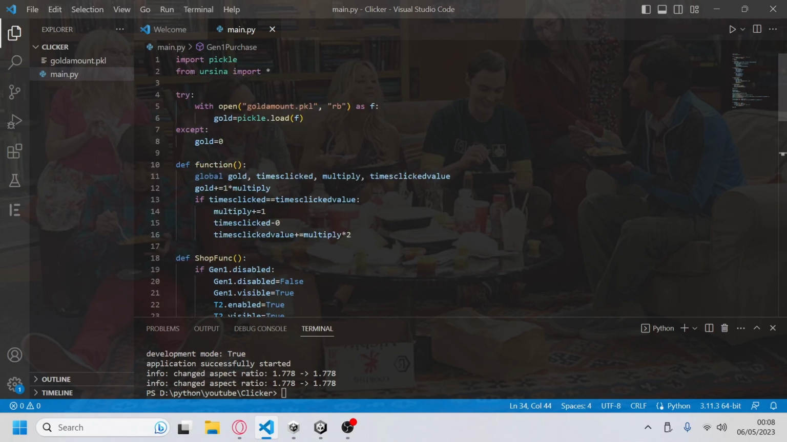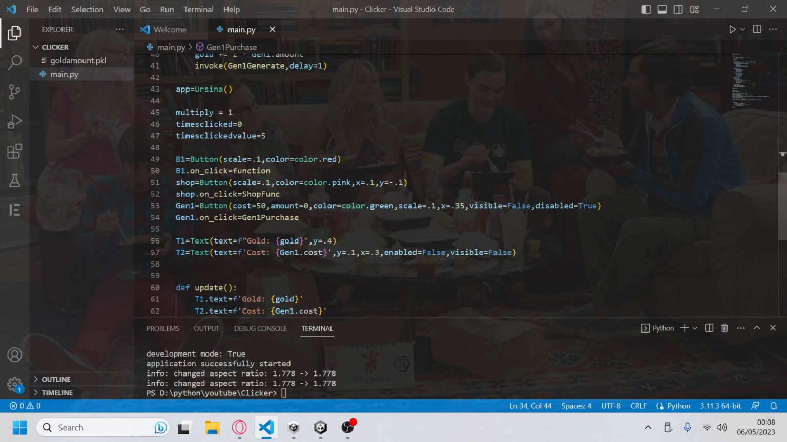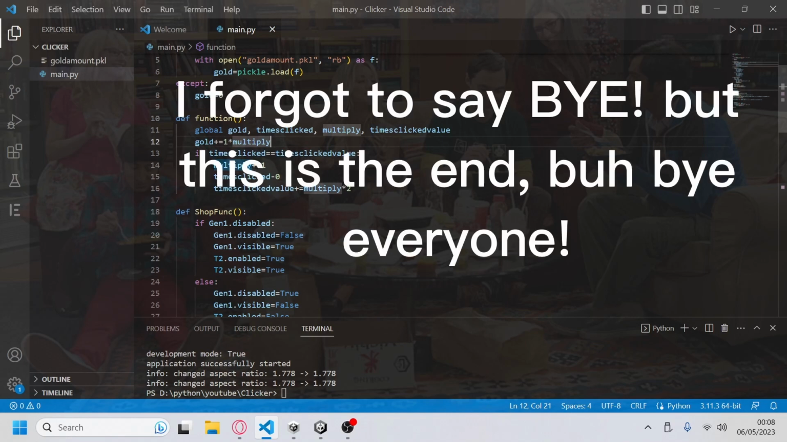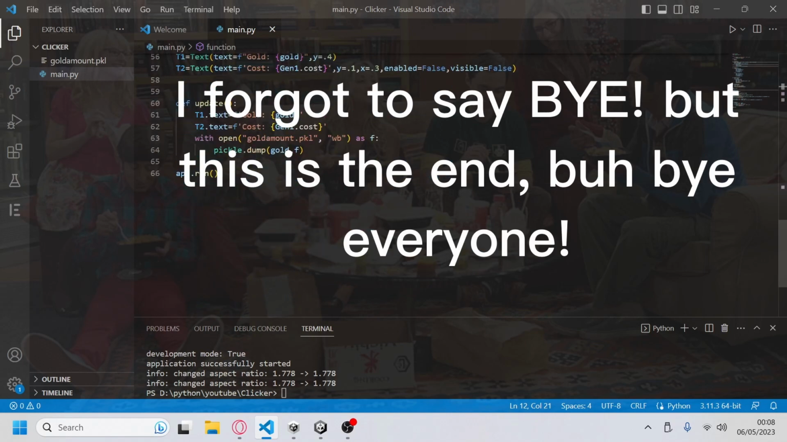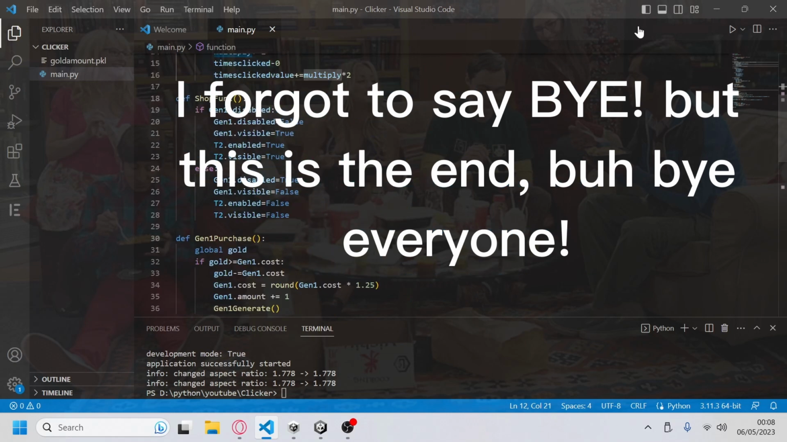I'm not exactly sure what I was going for with this. This is the clicker function. If you click it, what's that like? I have no idea what that is trying to achieve at all. But that's how you create a shop and create a generate function. So we'll